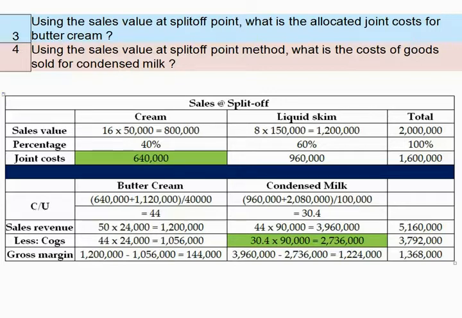For condensed milk, its allocated joint cost 960,000 plus its separable cost 2,080,000, all divided by 100,000 equals 30.4. Sales revenue for butter cream will equal 50 multiplied by 24,000 equals 1,200,000. Sales revenue for condensed milk will equal 44 multiplied by 90,000 equals 3,960,000, with a total of